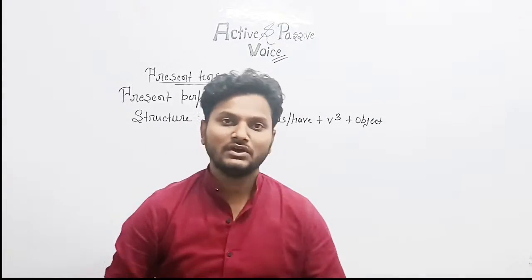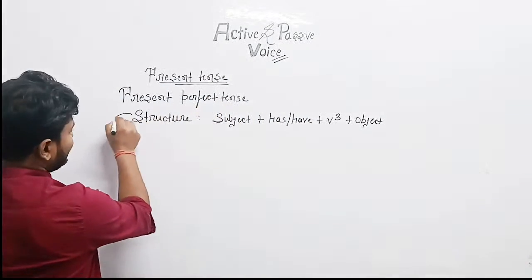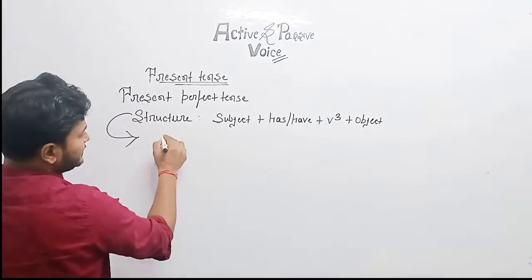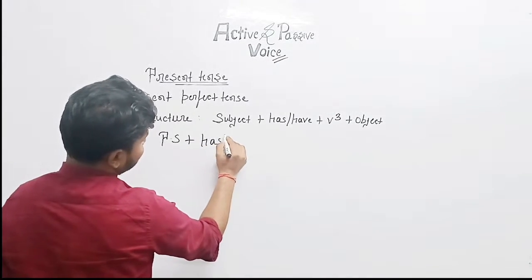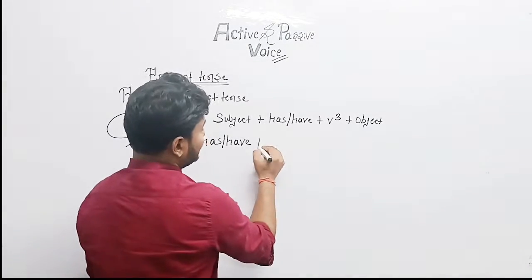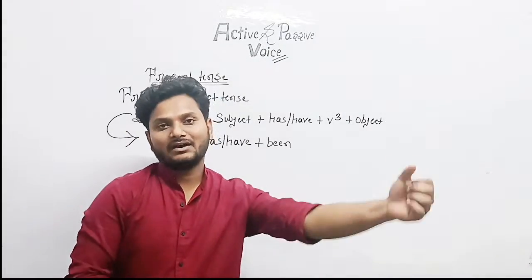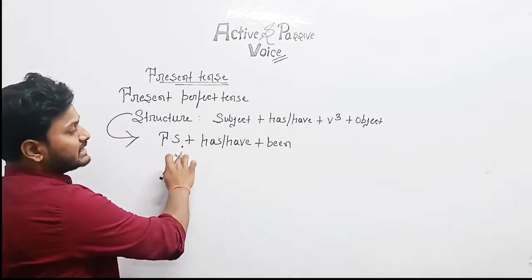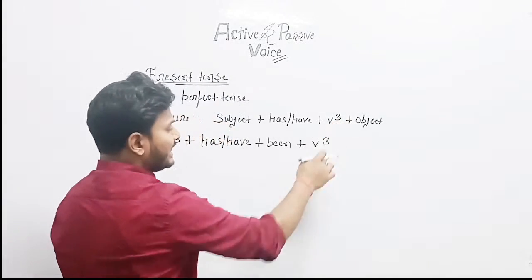Now when we are going to convert this into passive voice, what will be the structure? The object becomes the passive subject plus helping verb has/have. After that we have to put a word here, that is "been". Just like in continuous tense we put "being", here we have to put "been". Passive subject plus has/have plus been plus V3,